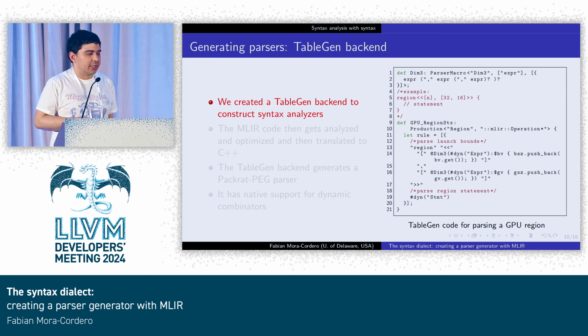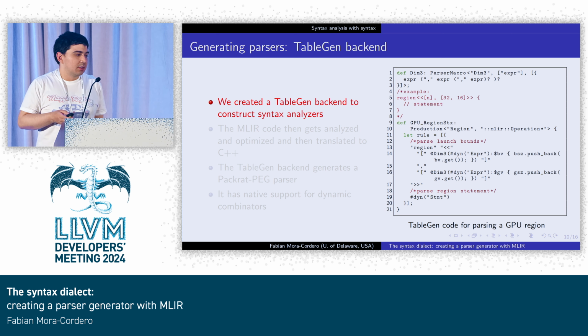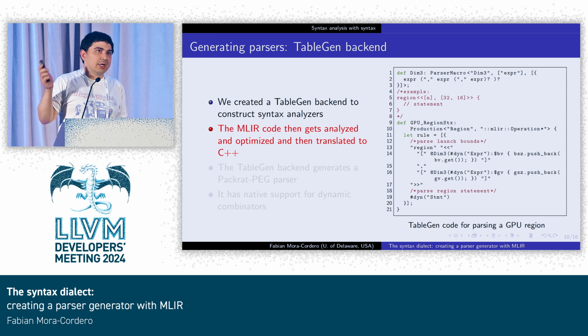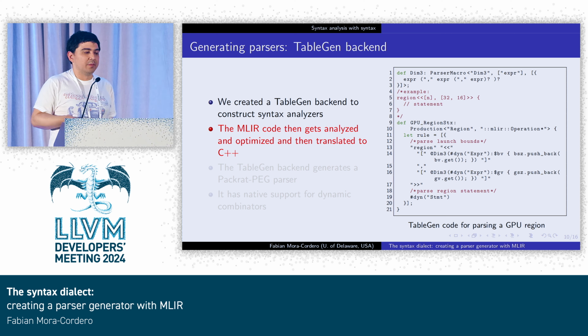it's the same gist. Basically, we also created a TableGen backend for this. In this case, the list on the right shows one of the features that we wanted in our compiler, which was dynamic parsing combinators. And that is shown on line 14, where you have the @dim3 is a macro. So it means